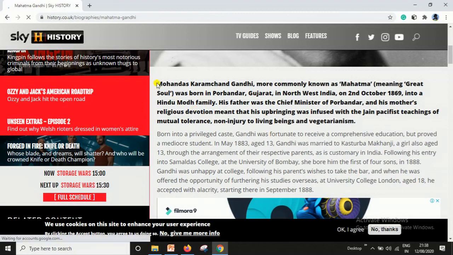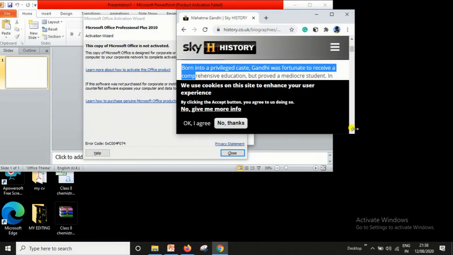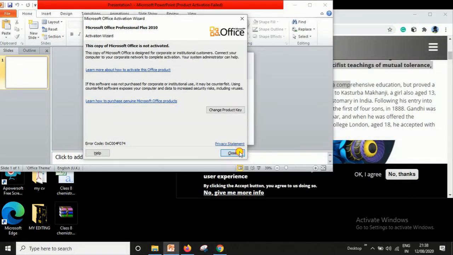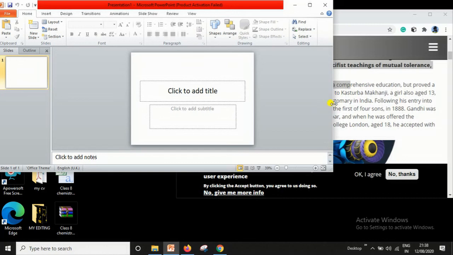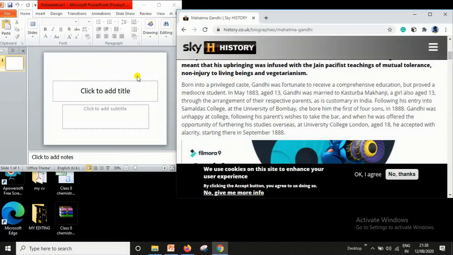if I want to copy from here, okay, what should I do? I can just restore down and drag it down. Now what can I do? I just copy from here. So these are multiple windows and I'm opening multiple applications in Windows. So this way you can work with multiple applications simultaneously.